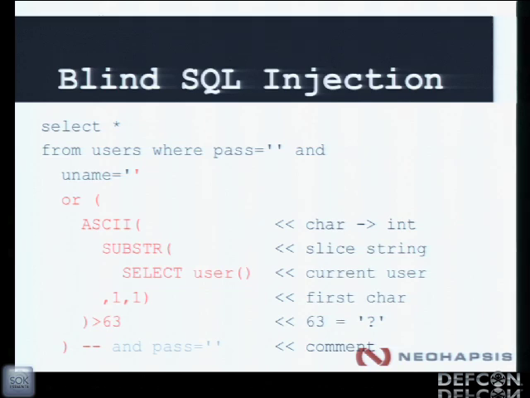If that happens to be true, we're going to have some different interaction with maybe the response of the web server. So let's go ahead and say that we're doing a Boolean-based blind SQL injection, and based on the status code of the server, we might get a 404 if we do something that evaluates to true, or we get a 200 if we do something that evaluates to false, right? So that's the thing with blind SQL injection. We're keeping track of different objects of the HTTP request, things like the amount of time it takes for,